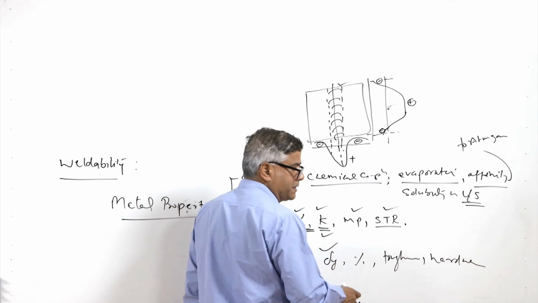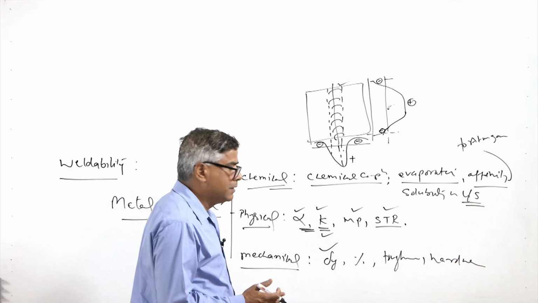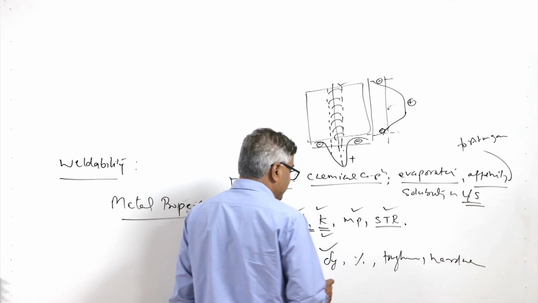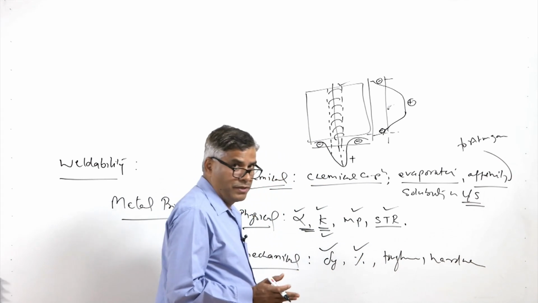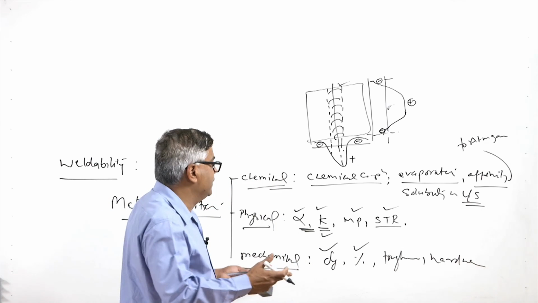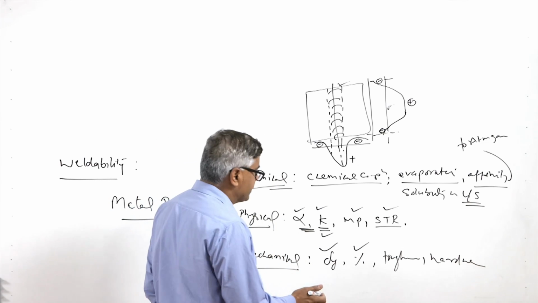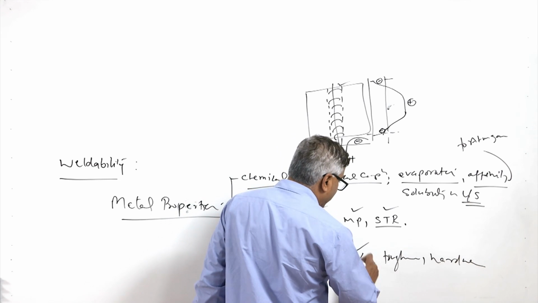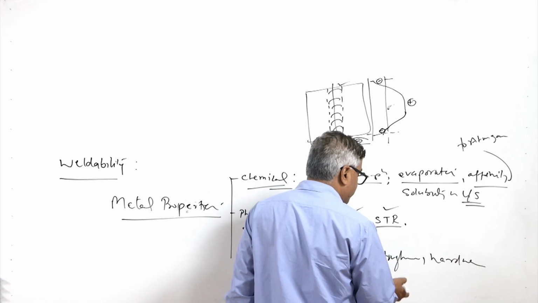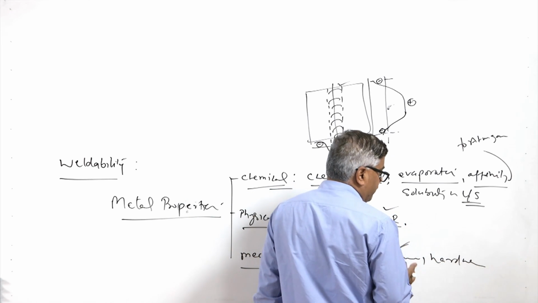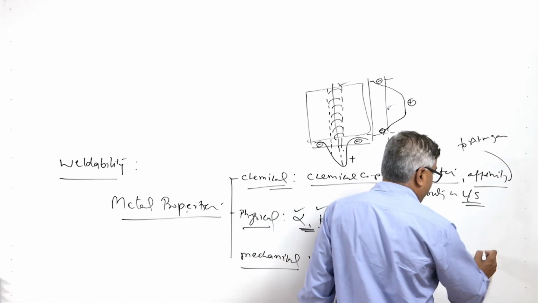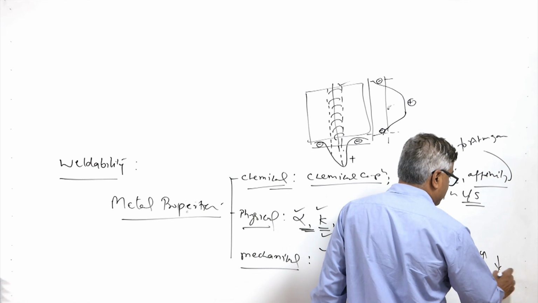Higher yield strength means higher residual stresses will be generated, so lower will be the weldability. Higher the ductility, it will be accommodating the residual stresses easily, and the restraint conditions being experienced during the welding. So, higher the ductility, better it is from the weldability point of view. Higher toughness is always good from the ease of welding point of view, but higher hardness adversely affects the weldability.